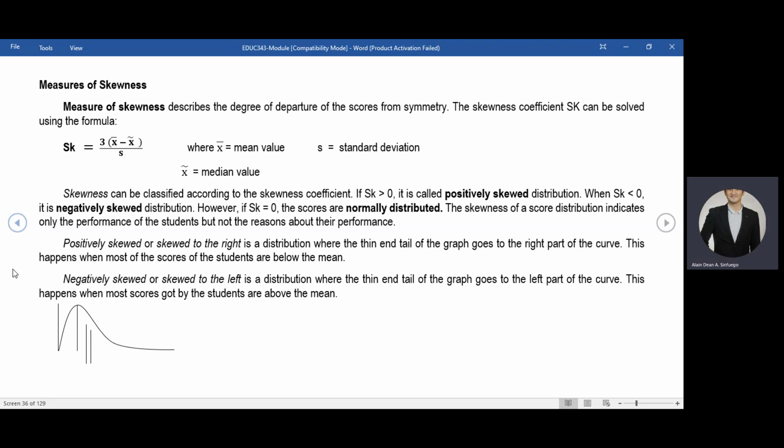Skewness can be classified according to the skewness coefficient. If your coefficient is greater than negatively skewed. However, if it is equal to 0, then there is